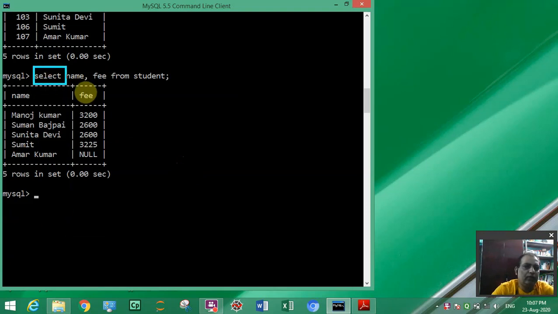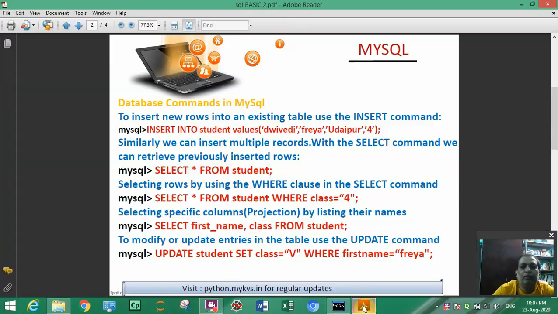You can see here there is no condition in this select command. Condition is given with the help of what? Where clause. Condition is given with the help of the where clause.